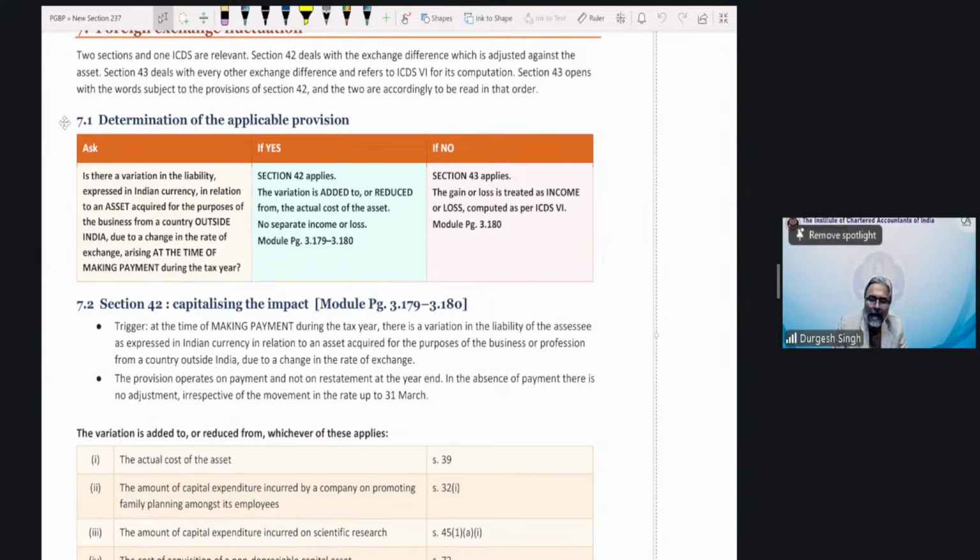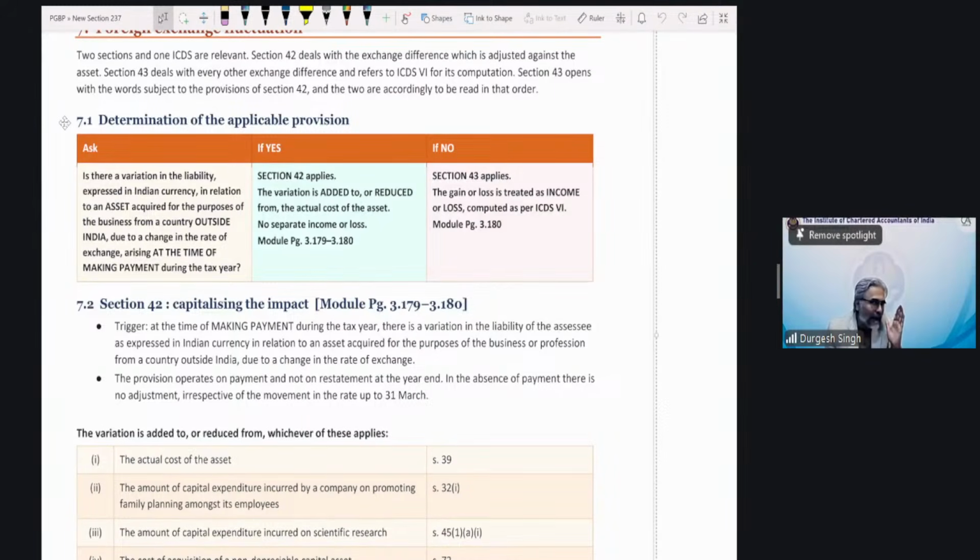And if there is an exchange rate fluctuation, what does it mean? It means there is a corresponding foreign exchange exposure which I have got because of this particular asset. And how did I get this exposure, students? Say for example, I have taken a loan. Pay attention, students. I may have taken the loan to purchase this foreign currency asset. And this loan is also taken in foreign currency.